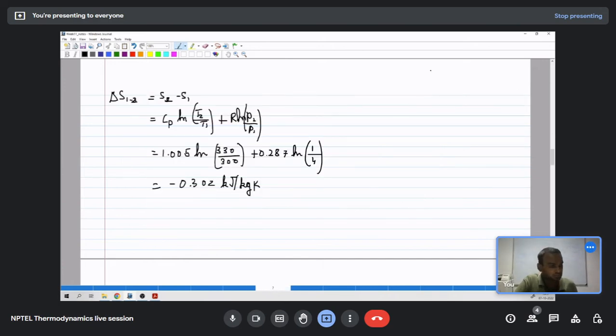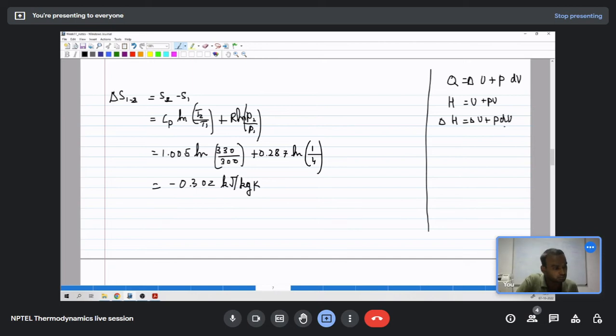Okay, how I got negative is, we had Q from the first law. We know Q is delta U plus P dV, and we know H is equal to U plus PV, and that means delta H is equal to delta U plus P dV plus V dP, differentiating the expression. All these are dH, and now we have